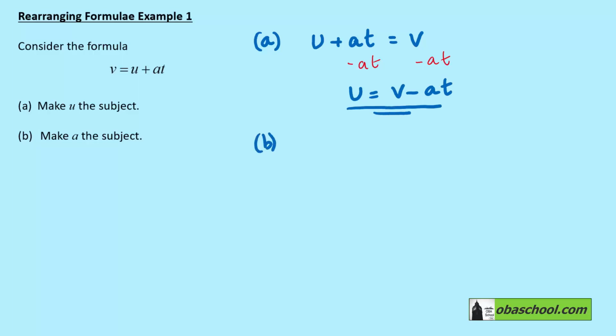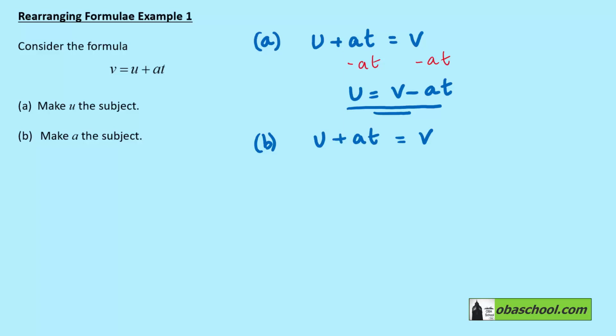Now in part B, I want to make a the subject. I'm going to do the same first step, u plus at equals v. But I've got to move the u and the a away from the t. The a is multiplying the t, the u is added to that. So using the reverse of BIMDAS,